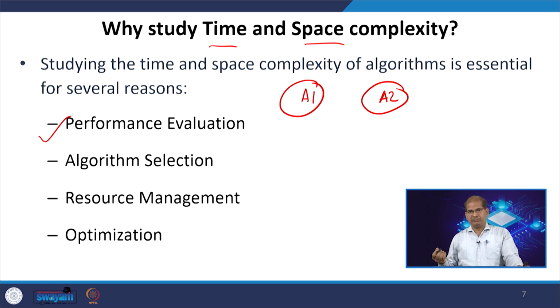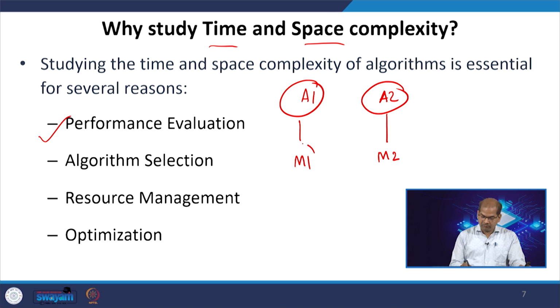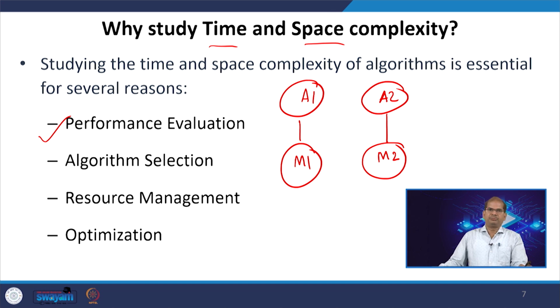Resource means space, memory requirement. Let us say I have an algorithm A1 that takes some memory space M1, and I have A2 which takes memory space M2. We need to check which takes less memory, because sometimes the memory requirement is huge, so the space requirement will be more. To reduce that space complexity problem, we need to consider the space requirement whenever we implement any algorithm. So for overall optimization of any problem statement, we need to analyze the algorithm in terms of